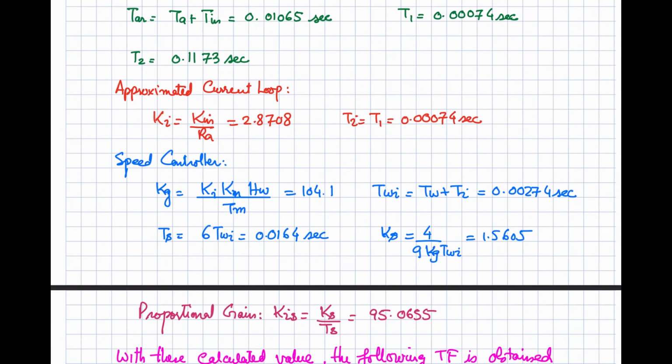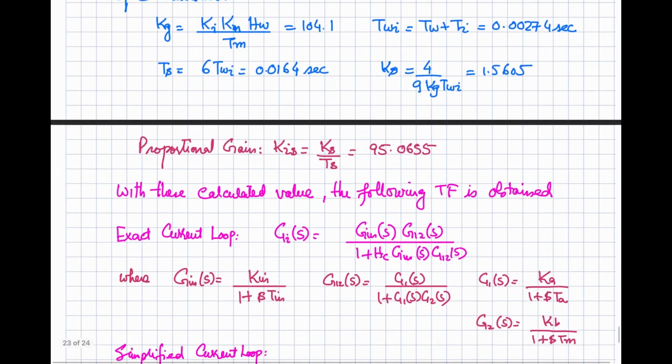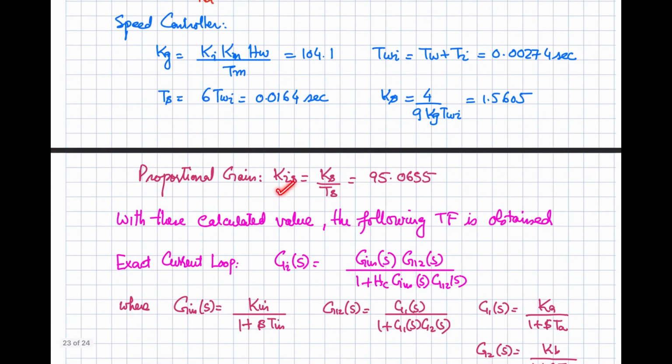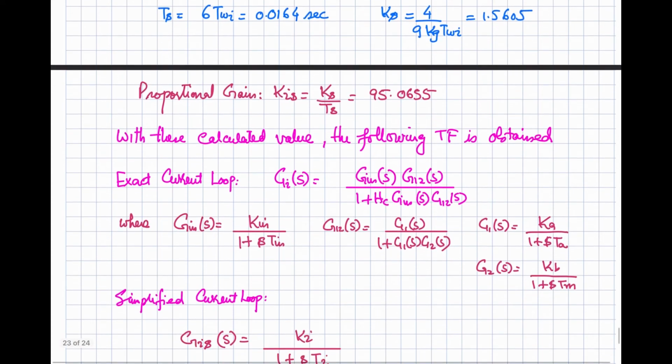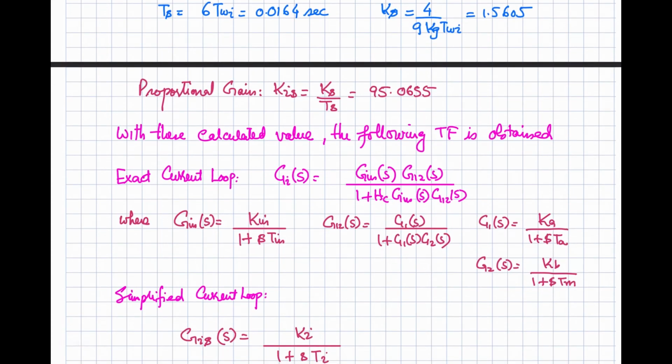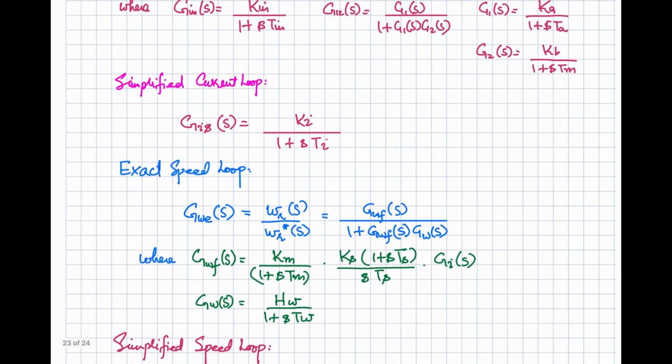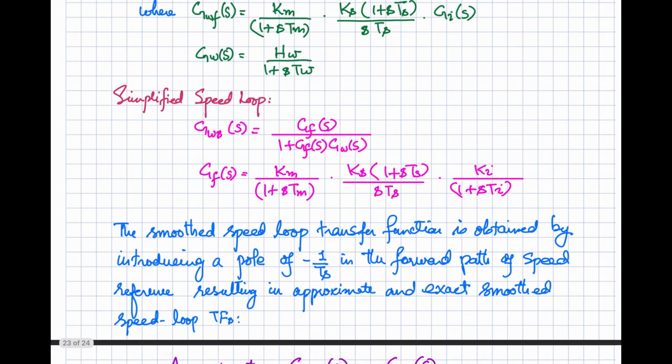And similarly, based upon this approximation, you can find out the speed controller parameters using the definitions you have seen above. So you can find out the proportional gain, right? You can also calculate the parameters looking at the exact transfer function. If you use the exact transfer function, you will have to use this one, and in that this part will be like that. Similarly, for the simplified current loop, you have this expression. For the exact speed loop, you have this transfer function, right? So you can compute these transfer functions by using these values in MATLAB